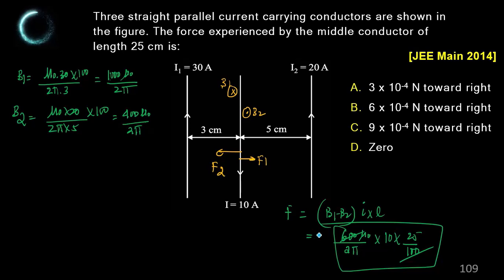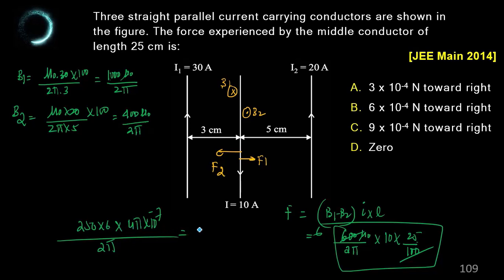পরে বল কত পেলাম? এইখান থেকে কাট 6 হয়ে গেল, 25 ইন্টু 10 মানে 250 ইন্টু 6 ইন্টু 4 পাই ইন্টু 10 to the minus 7 ডিভাইড বাই 2 পাই, 2 হয়ে গেল, এখানে 12। তো 25 ইন্টু 12 মানে 300। তাহলে প্রথমটাই হয় মনে হয়, দেখ দেখি, 3 into 10 to the minus 4 towards right, towards right হয়ে গেছে, কারণ F1 is more, B1 is more, রাইটের দিকে, ঠিক আছে।